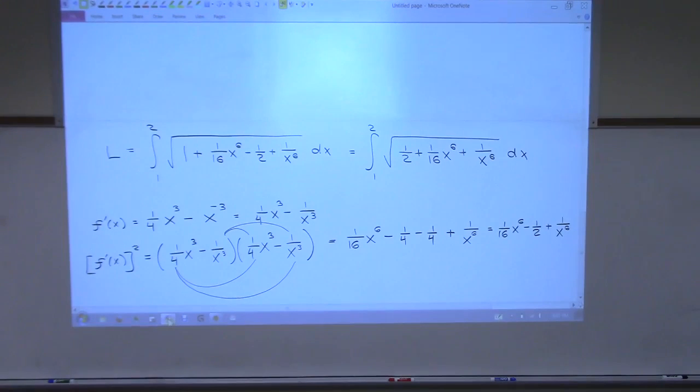Right? 1 minus a half is a half. Now, normally, if you saw something like that, you should get a little bit ill. You should feel a little sick if you see something like that, because that's not an easy integral. If the square root wasn't there, would it be easy? Yes, but the square root is there, so that is definitely